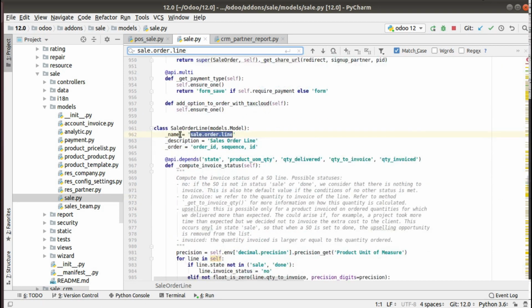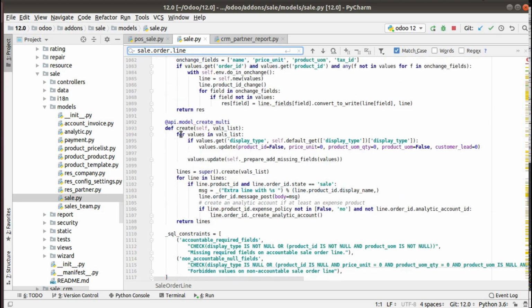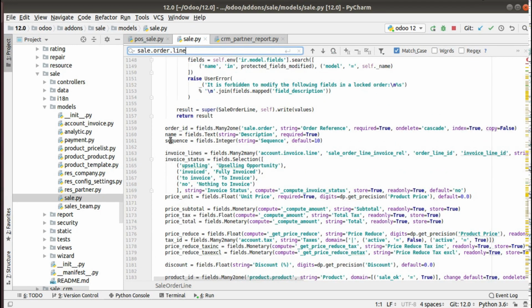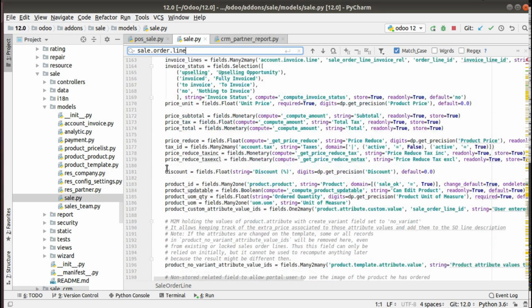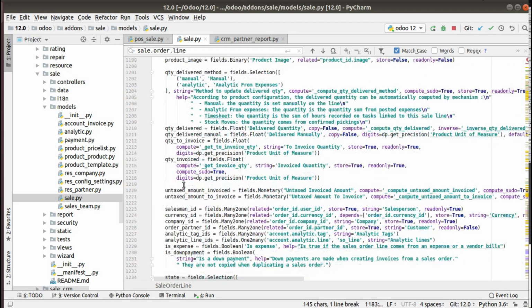So here you have the definition of the sale order line model, and if I scroll down just to see the field definitions, you can see there is order ID, name is there, sequence. Price unit is there, price total. So we have got different fields like product ID is there. So simply what we will be trying is to bring